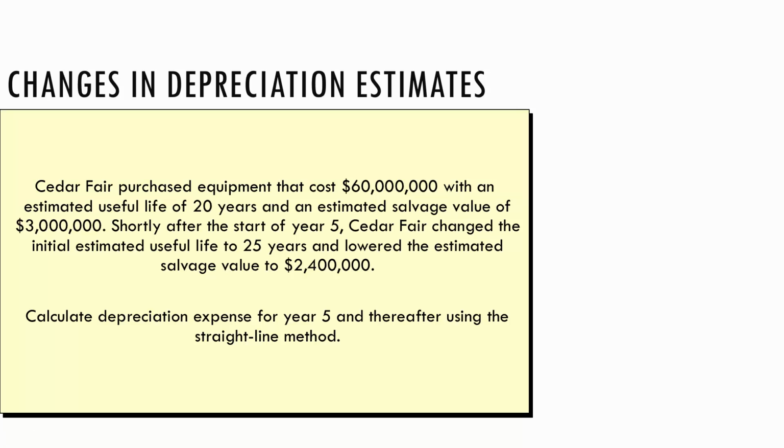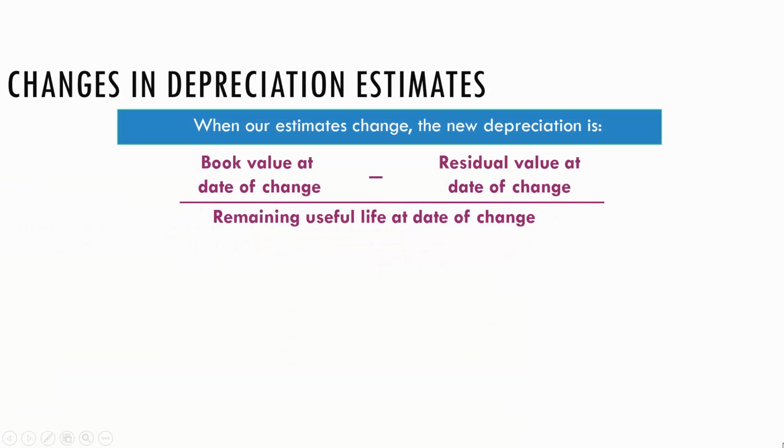When they get to the 5th year, though, they decide that it really shouldn't have been 20 years, it should have been 25 years. And if it's 25 years, then the salvage value is probably going to be less than $3 million, which is after 20 years of use, it's probably going to be $2.4 million. It sounds rather complicated,